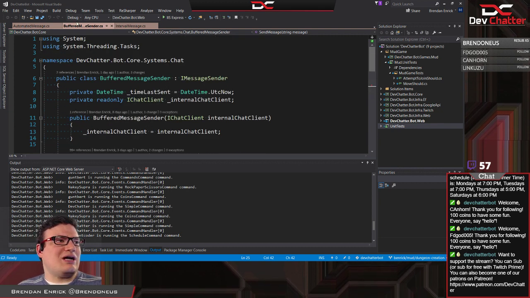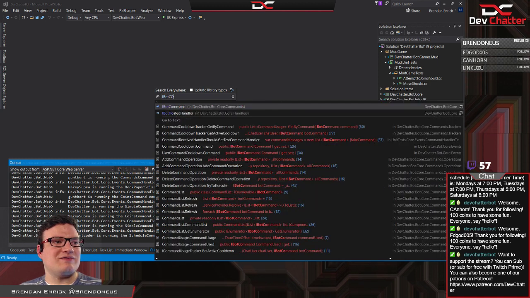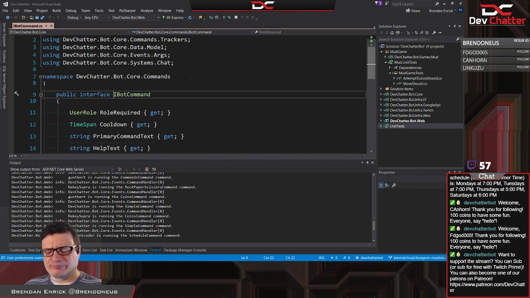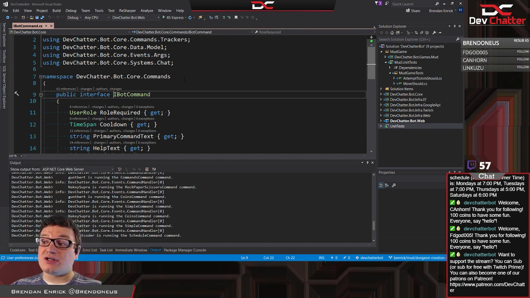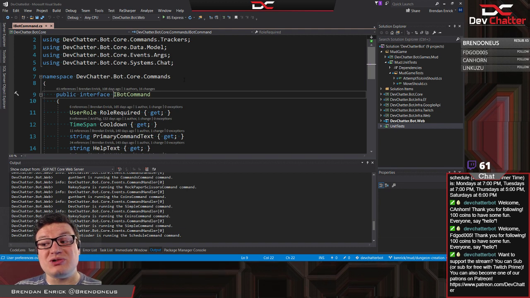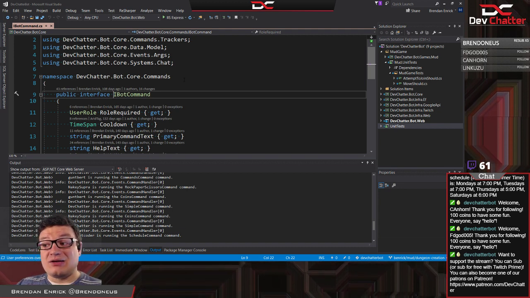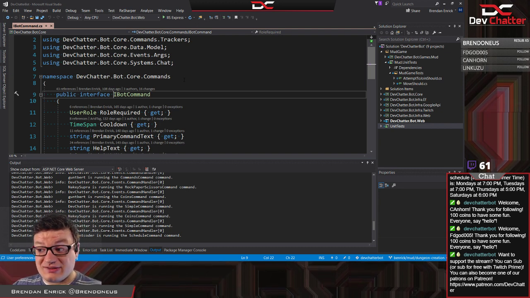Alright, so here's what I want to take a look at. We're going to dig into our code a little bit, and I want to look at our IBotCommand first. We're going to talk a little bit about the structure of the code that we've got here, and then I actually want to work a little bit on one of our areas where we can now apply the open-closed principle, and I'll discuss when it should be applied, because you don't want to apply the open-closed principle at all points.